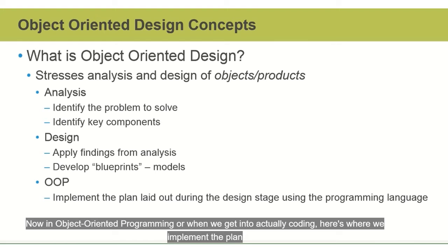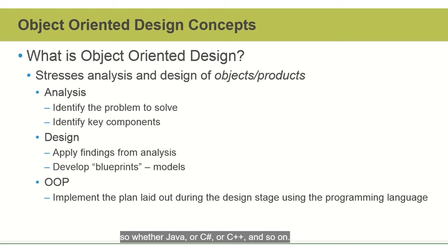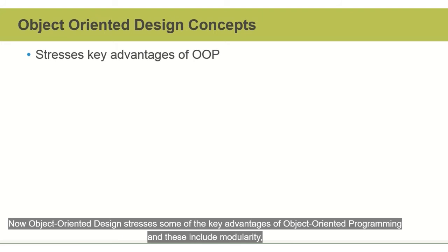Now, in object-oriented programming, or when we get into actually coding, here's where we implement the plan that was laid out during the design stage using whatever programming language we were using, so whether it's Java or C#, C++, and so on. Now, object-oriented design stresses some of the key advantages of object-oriented programming, and these include modularity, so